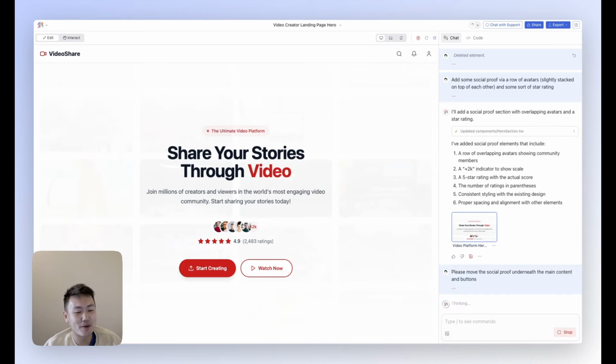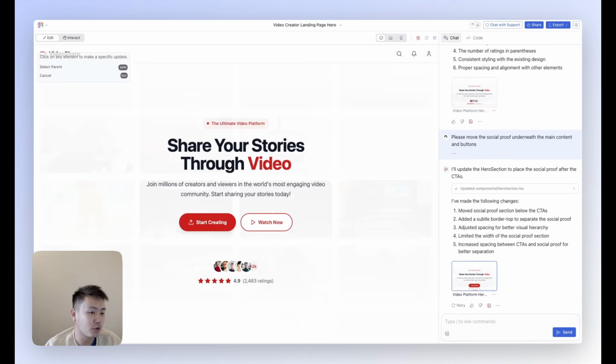So I think this is a prime example here of why it pays to be specific. At the end of the day, the AI only knows what you specify. So it's important to be as specific as you can. So it looks like it did what we wanted to, put the social proof here at the bottom,